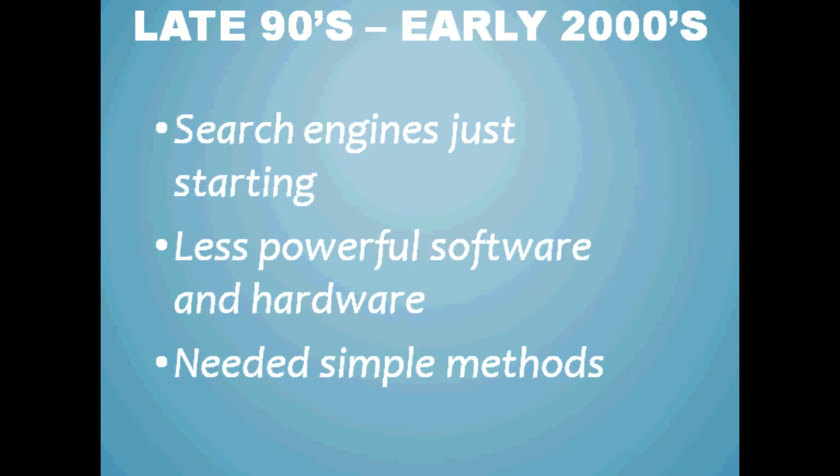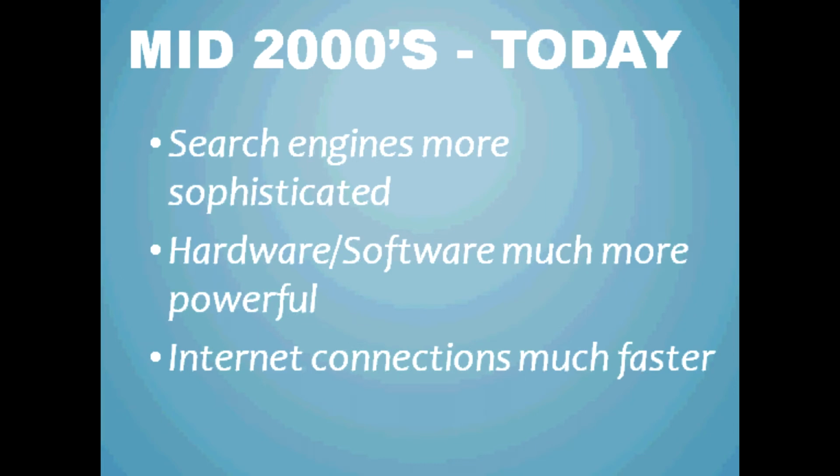And over time, as Google's business grew and they got more money from investors and they hired more people and more people were using it, they had the ability and the need to come up with more sophisticated ways of ranking websites. Ways that weren't as easy to game. And technology moves so fast that in just 5 years, the power of hardware, that's like the actual physical parts of a computer, and software, the code that gets written, become enormously different.